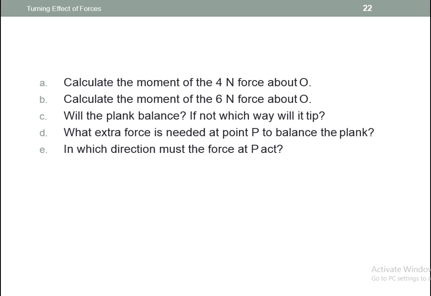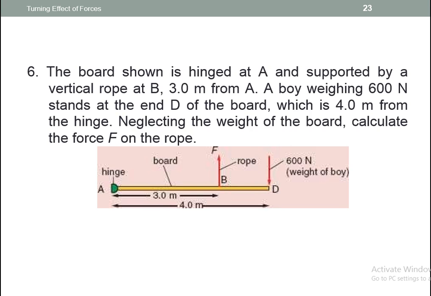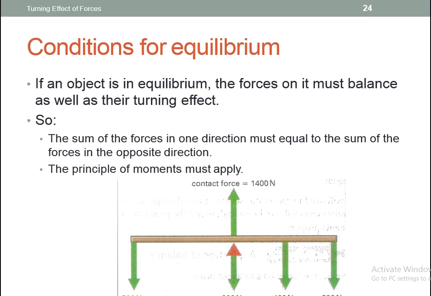Calculate the moment of the 4 Newton force about the point. These are the previous ones. Okay, next is the condition for equilibrium. If an object is in equilibrium, the forces on it must be balanced as well as their turning effect. It means there are two conditions of equilibrium: the action and reaction must be equal, and the moments in terms of clockwise and anti-clockwise must be equal and